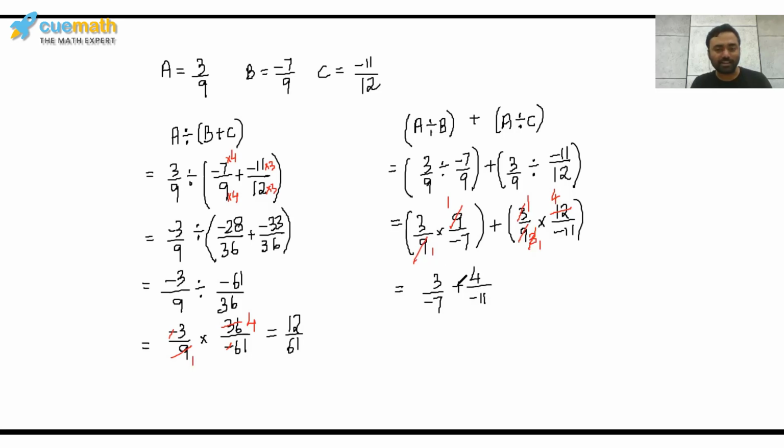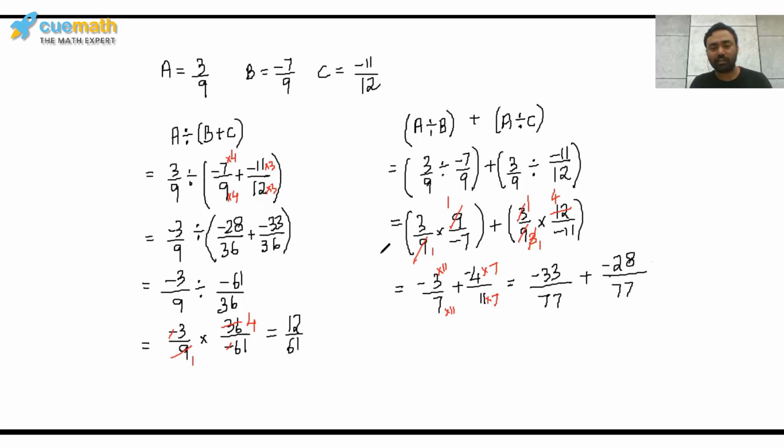Now let's change these two fractions in standard form. So we are going to put both these negative signs, in fact, to the numerator part. So negative 3 and negative 4. Now the LCM of 7 and 11 would be 77. So for that we'll have to multiply here 11 and here 11, here 7 and here 7. So basically now the two fractions become negative 33 over 77 plus negative 28 over 77.